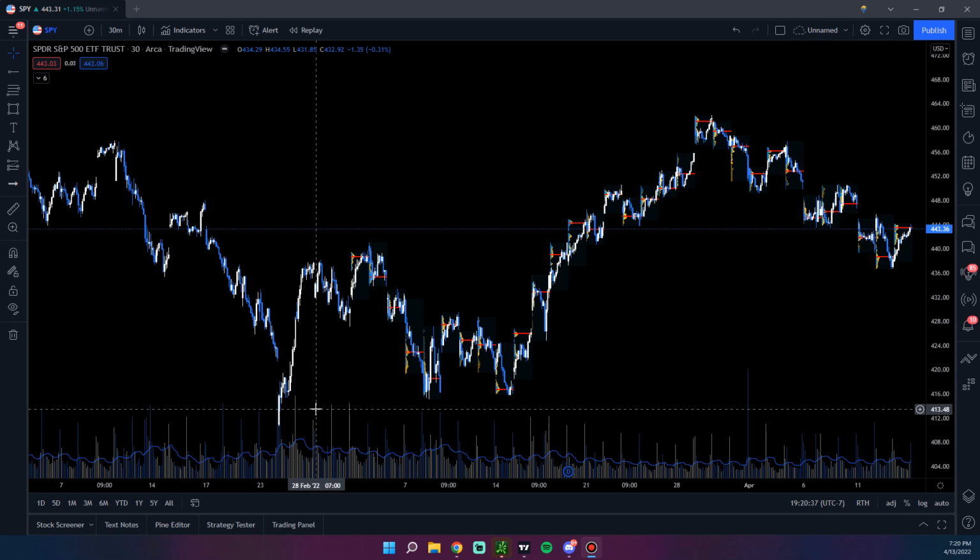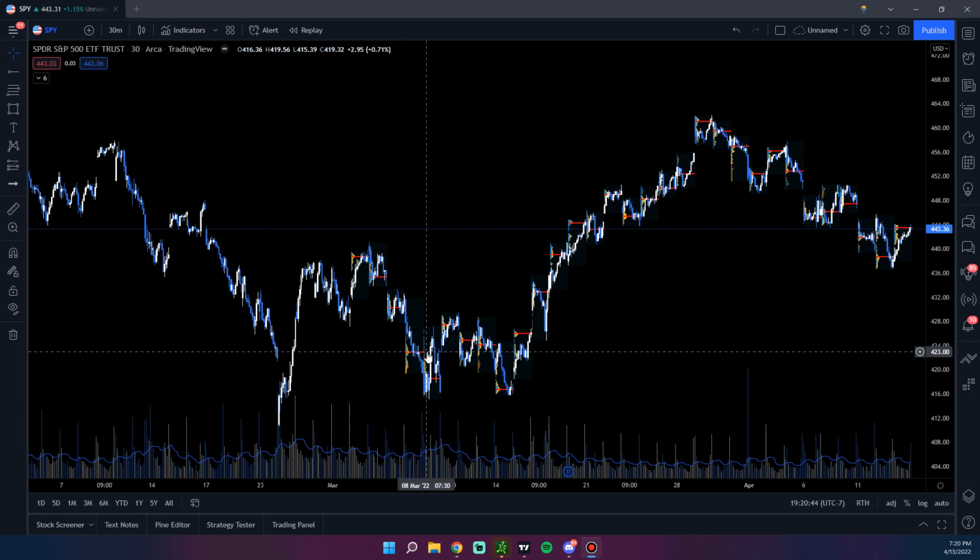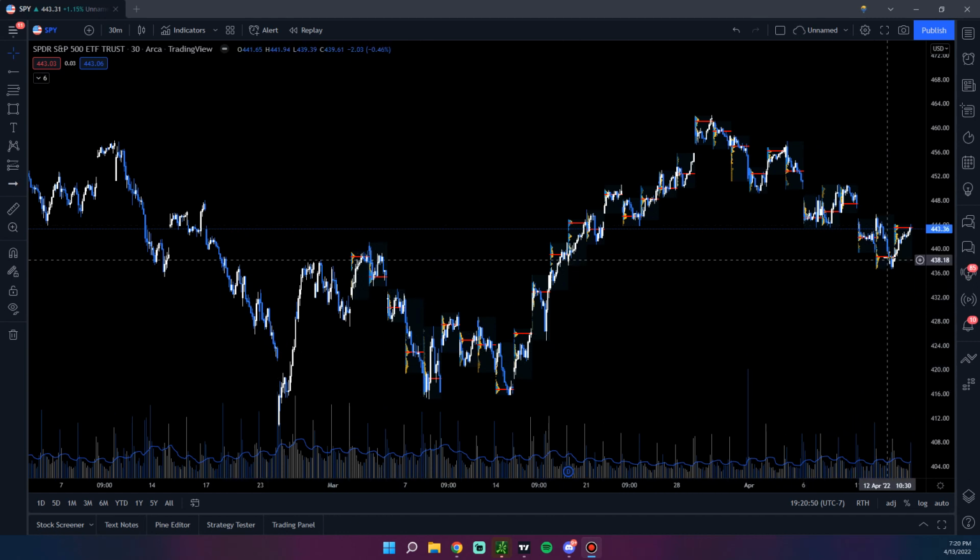This is going to be more of an in-depth guide, so I'm not going to go over some of the more basic stuff. This is for people that already understand what a POC is and have more questions about them. So on TradingView,